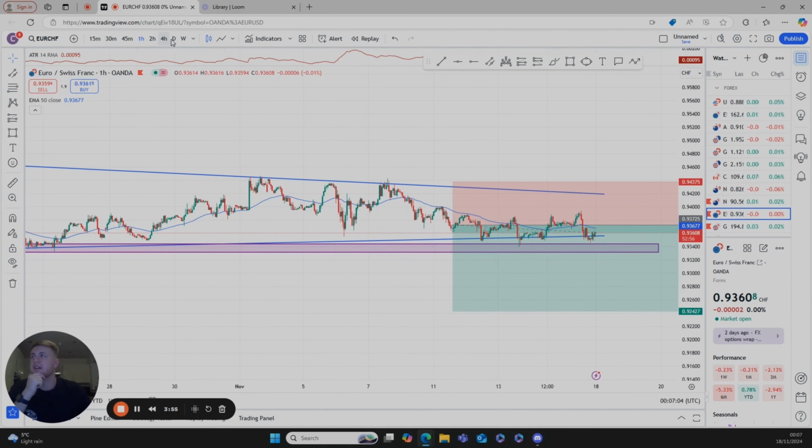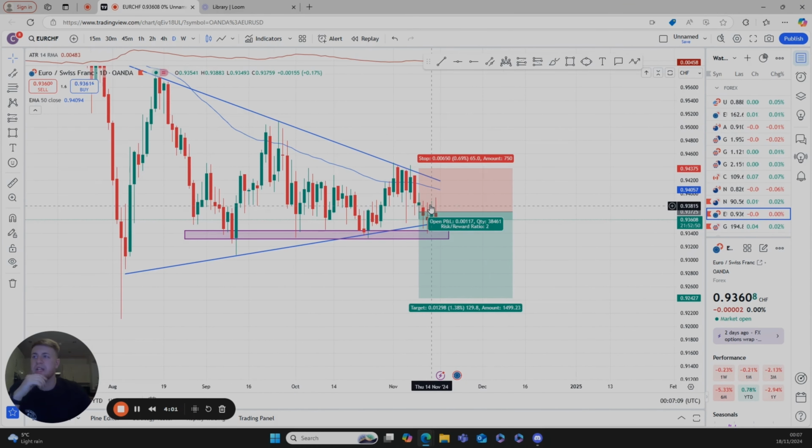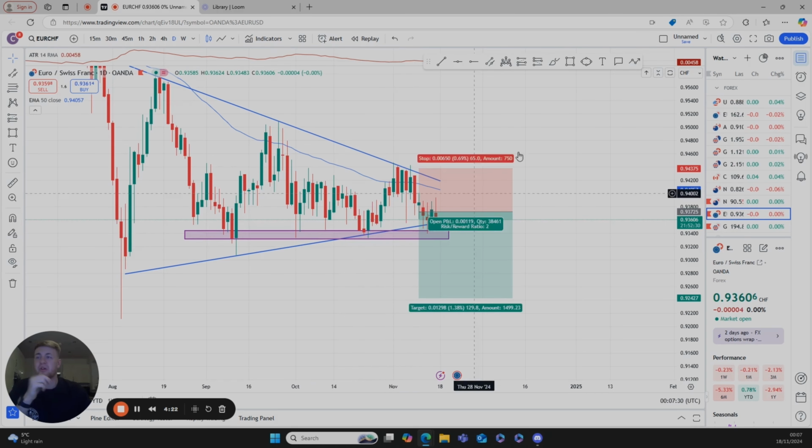it's not gone quite exactly as I probably should have waited till we had proper confirmation that it is dropping. It is dropping slowly, but my only fear with this one is this line here, which is obviously an area of interest, and these are coming down to it and rejecting back up. So I am a little bit concerned that this may come to this line and possibly go back up.